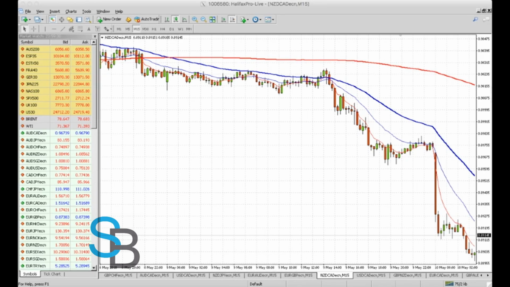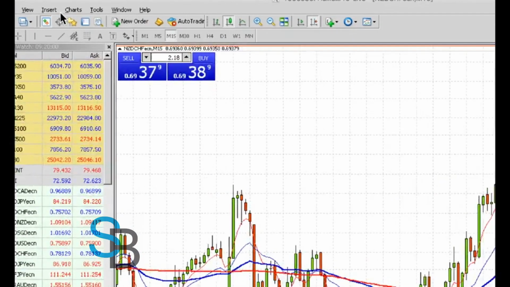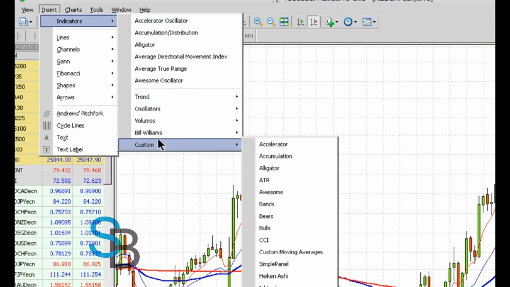I hope you got a pretty good idea of looking for these uptrend and downtrend wave patterns. Now for those of you who find it challenging to identify the higher highs and higher lows, you can actually use an indicator to assist you. The indicator you can use is over here. Let me click on insert, indicators, custom, and look for